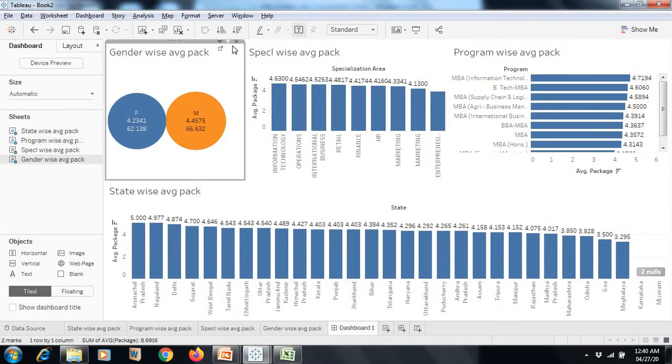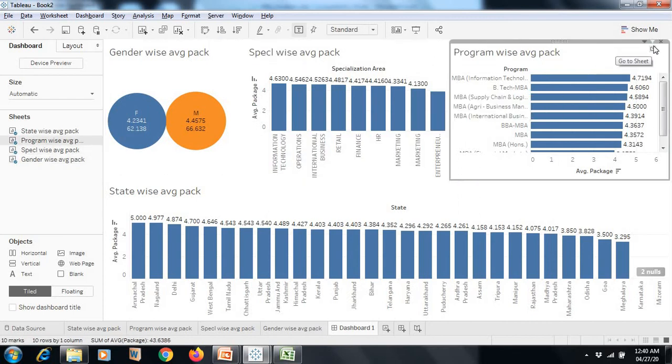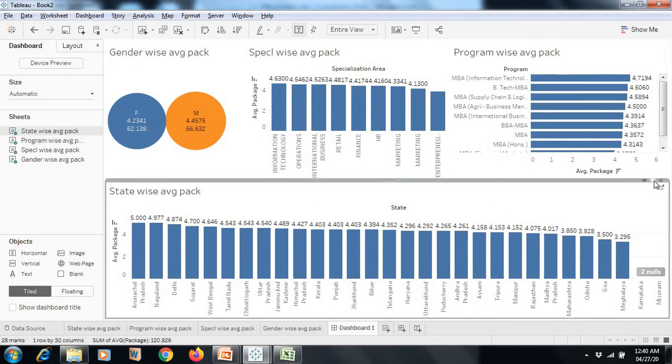It's simple. Once I go to this my dashboard view, I need to click at this button, use as filter. Now we need to make sure in all the sheets we are using all these sheets as a filter also. Now once we click all these sheets as a filter, these all sheets are interconnected now. They all are working as a